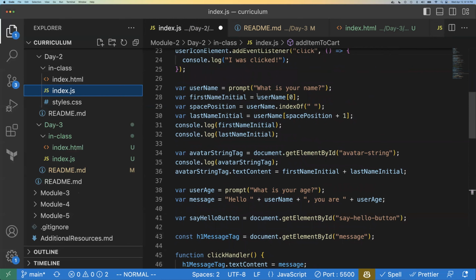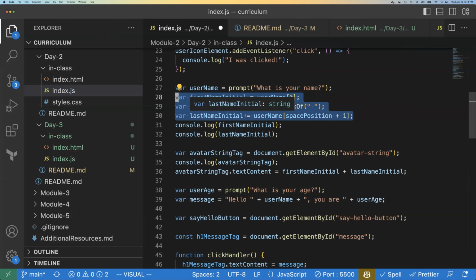And then we grabbed the first name initial, and then we figured out where the space was so that we could split first and last name. And then we got the last name initial. So this here is 3 lines of code that are very grouped, they depend on each other and they're building up on top of each other. And so the primary way to clean up our code and keep it organized and to really sort of